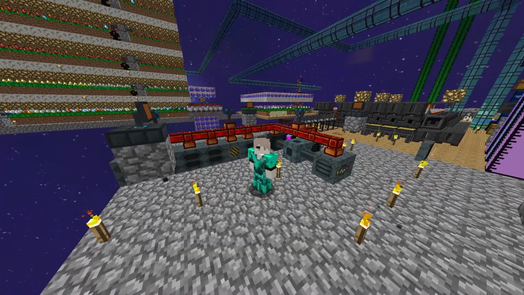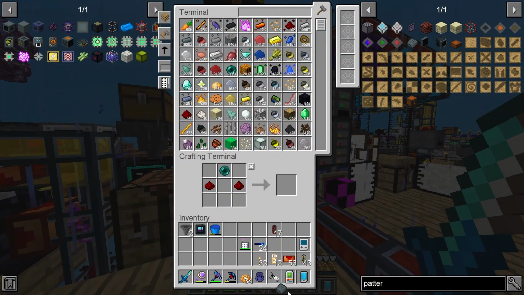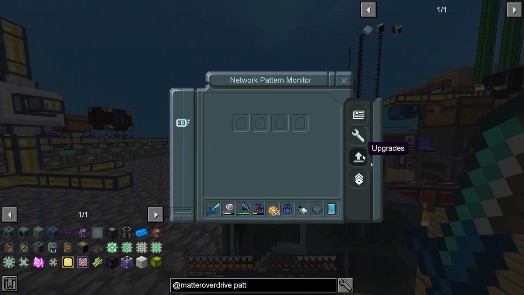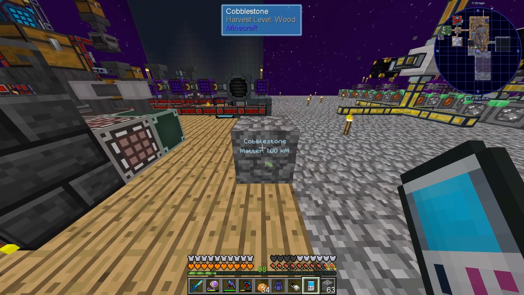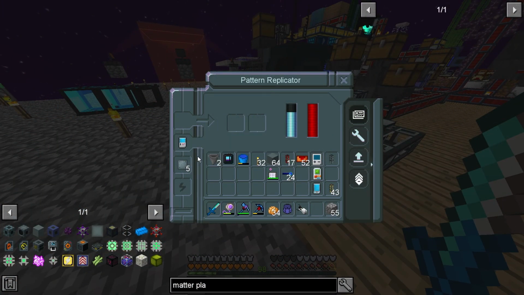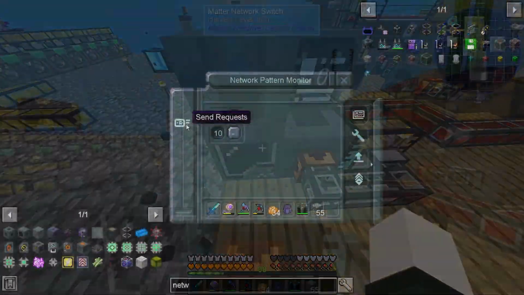I then created some more devices related to the matter replicator, such as the pattern monitor, the pattern drive, and the matter scanner. I had no idea what any of these devices did, but after a few attempts of trying to scan stuff, I finally managed to scan a single block of cobblestone. I scanned a few more cobbles and tried inputting it into the pattern replicator. I also made a matter network switch, and after fiddling with the placement of the blocks, I got the darn